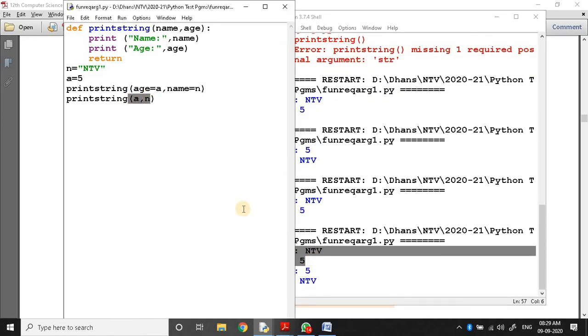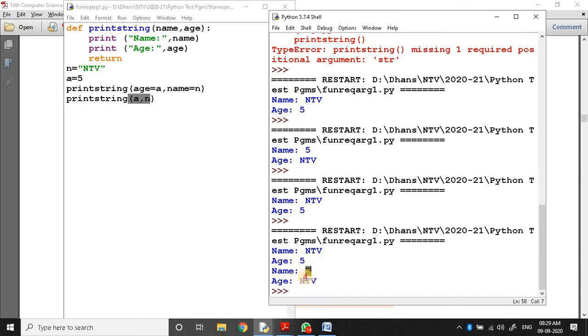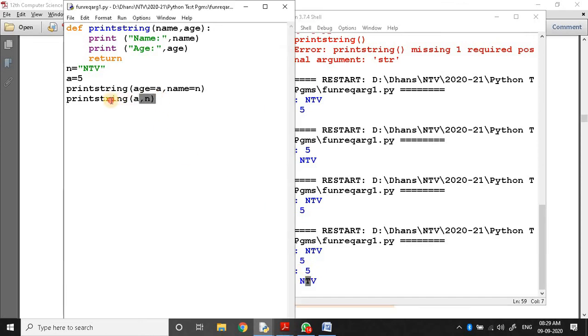But for the second call, name is equal to 5, age is equal to NTV. So this call statement is a required argument call, and this is a keyword argument call. Keyword argument automatically assigns values based on the keywords of the argument. In the second call statement we are just passing values, so the a value is passed to name and the n value is passed to age.